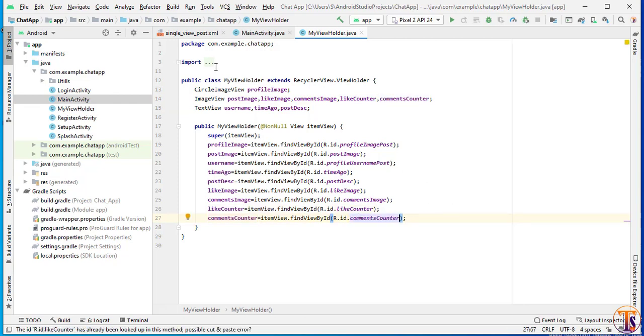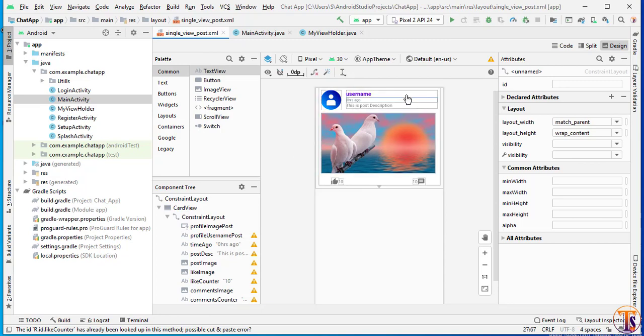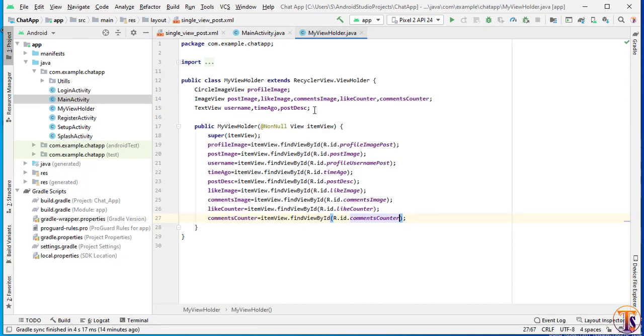Okay, I have initialized all the member variables of this post. So now we will initialize the data to these member variables.